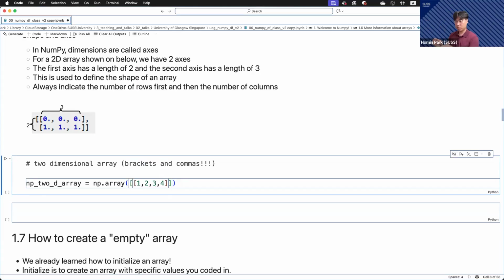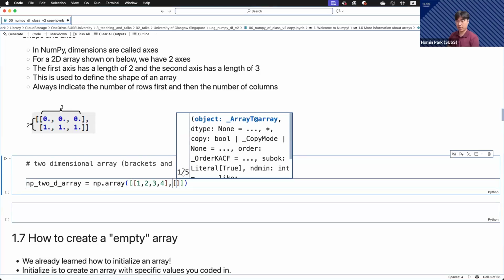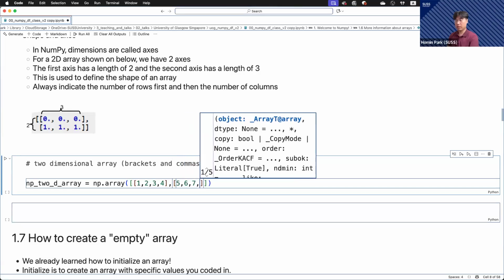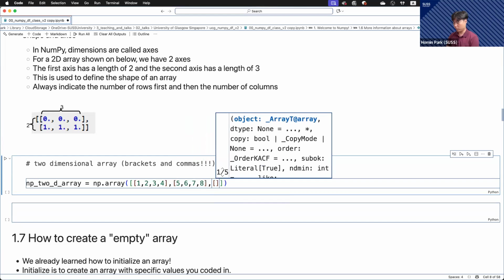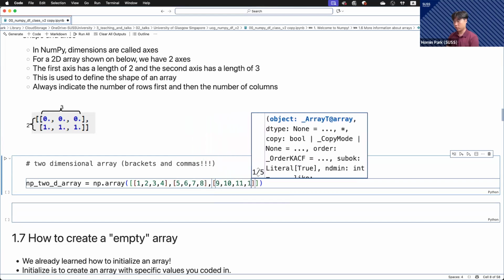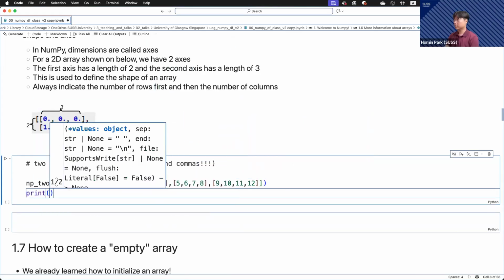So what I do is between that brown and green, I put a comma there, and I put another square bracket there, and I could do like 5, 6, 7, and 8. I can make another one. I can exit out and then go 9, 10, 11, 12, something like this. And then if I do print,